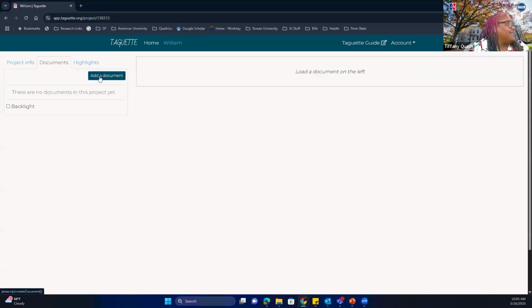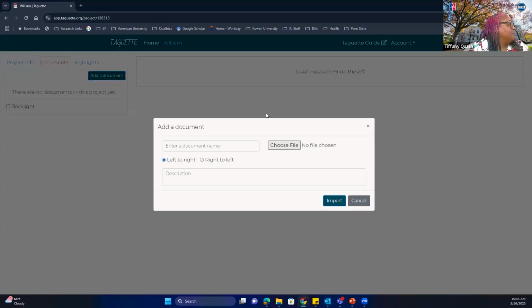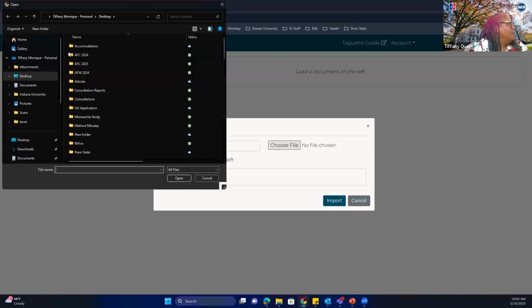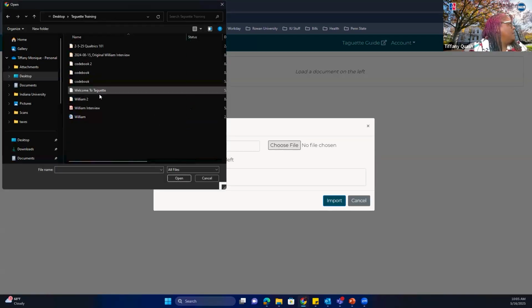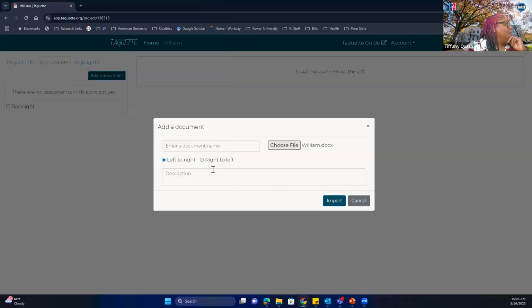And then what I'm going to do is add a document. And then I'm going to click choose file. And then this is where I'm going to go to William. Enter name document, William interview.